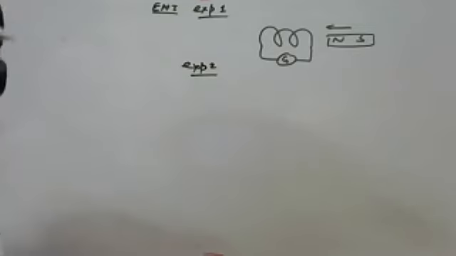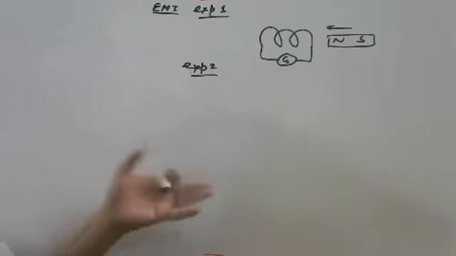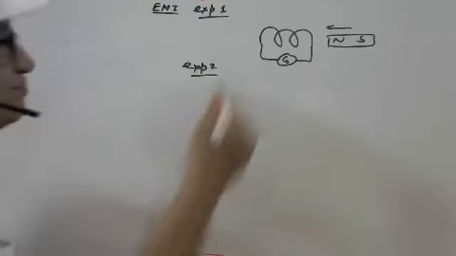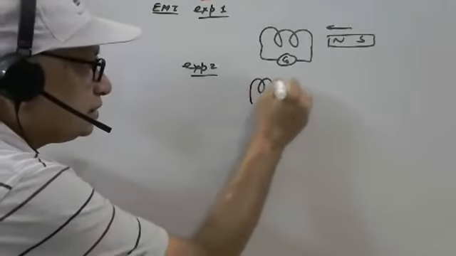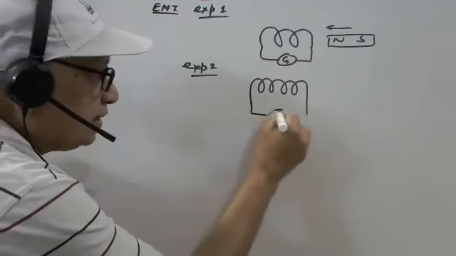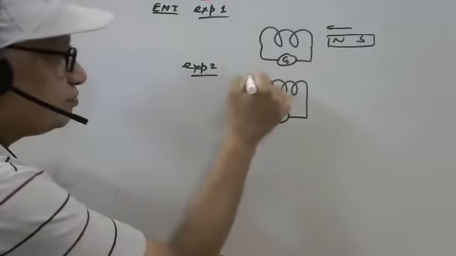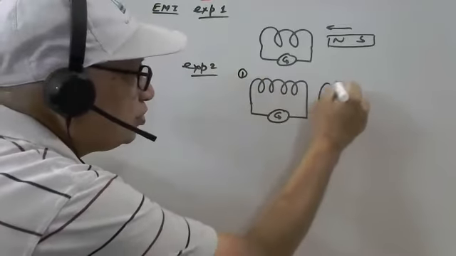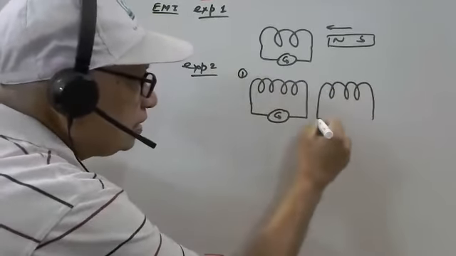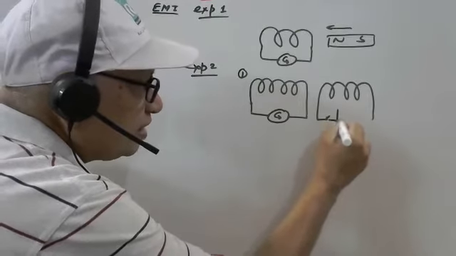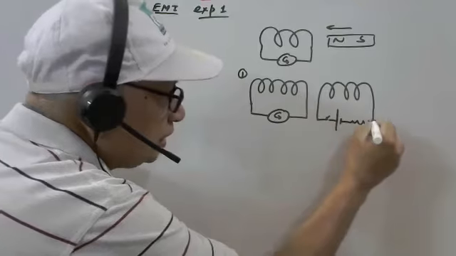there is no magnet. Even then, because of the flux changes, there is no relative motion because we are not using a magnet here. We are simply using this coil 1 or solenoid 1 with galvanometer 1, and here we are using another, say P, and this is the rheostat.